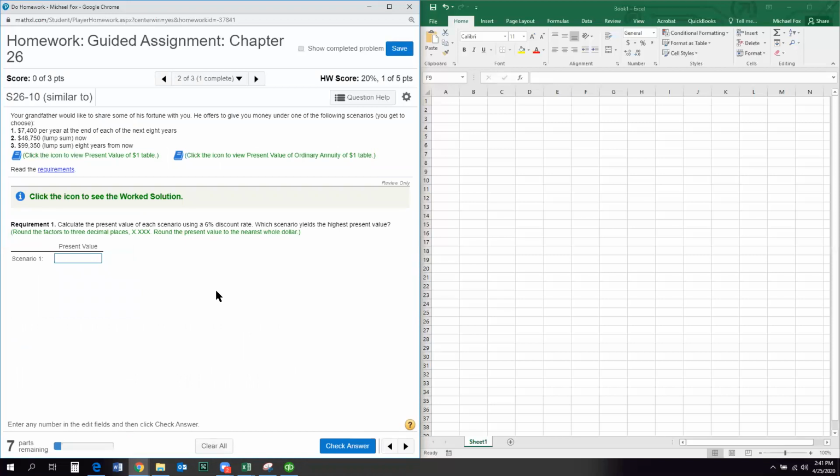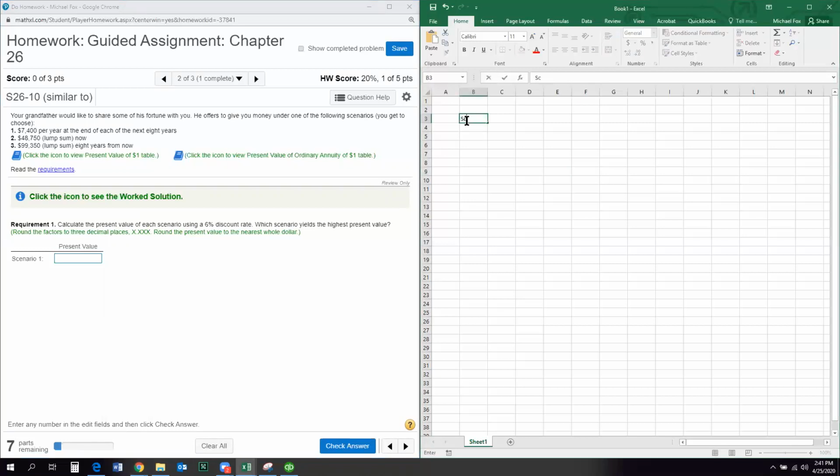So the second one: your grandfather would like to share some of his fortune with you. Thanks, Grandpa. He offers to give you money under one of the following scenarios. You get to choose. So you can get $7,400 a year at the end of each of the next 8 years, or you can get $48,750 now, or you can get $99,350 8 years from now. And so to set this up, we'll just say